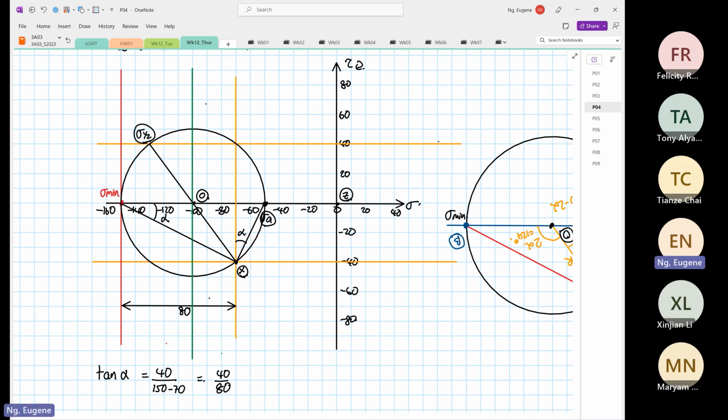Now we need to find the value of our stress Y2. By looking at the rules of the circle again, we know that this is alpha. This angle is also, let me use a different color, this angle over here is alpha also. So this angle